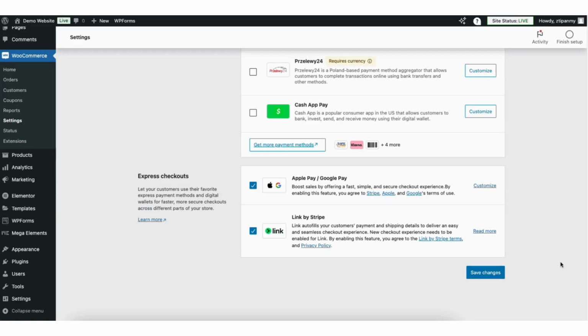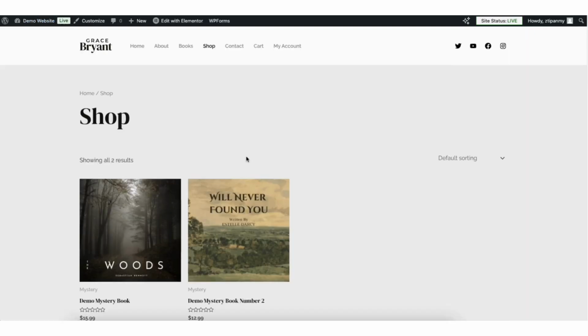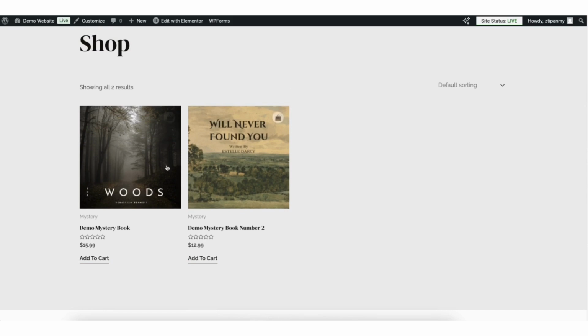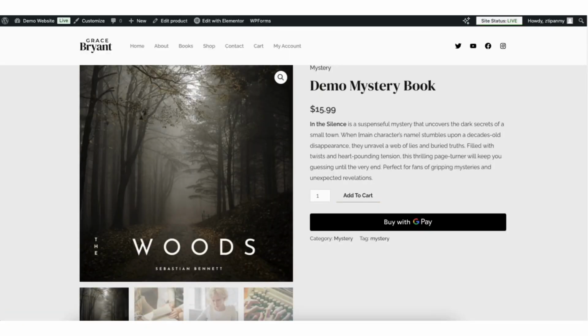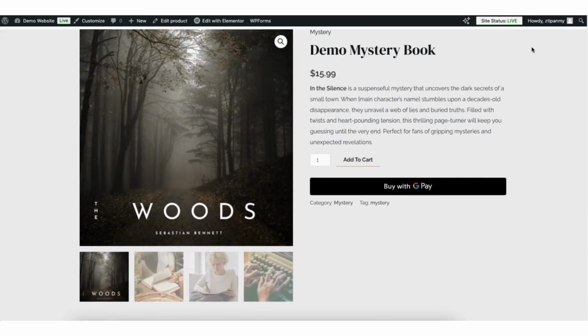Now let's preview our shop store page and go through the cart and checkout process so you can see what it looks like. I'll hover over my site title name at the top. I'll click Visit Store. I'll now be on the shop store page. You'll see the products added here. I'll click a product. Here's the product page. I'll click Add to Cart.